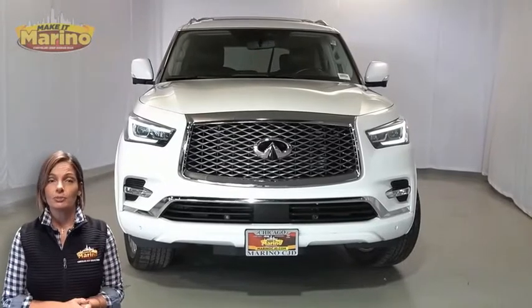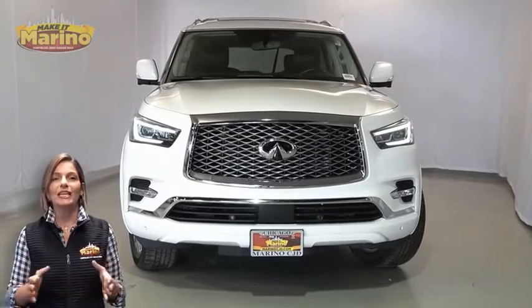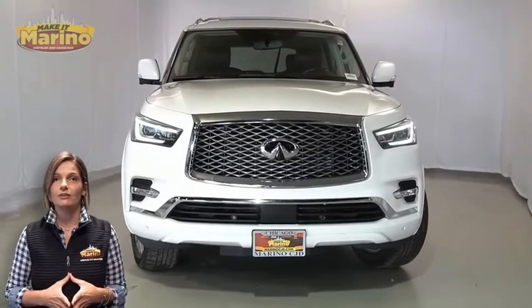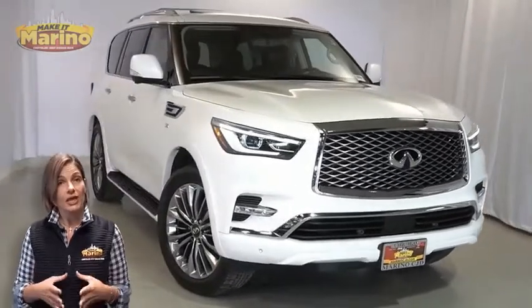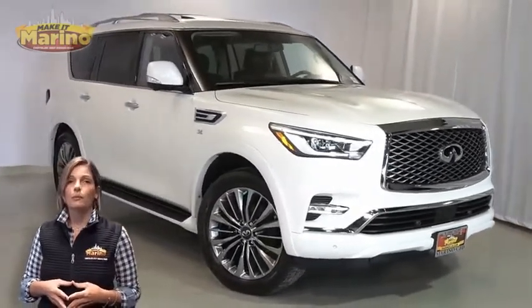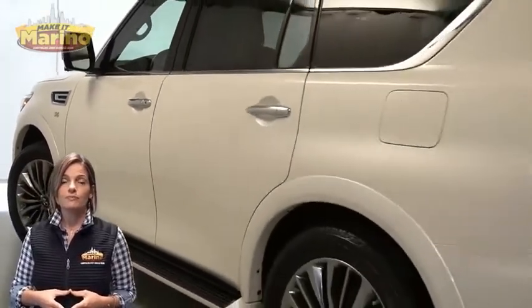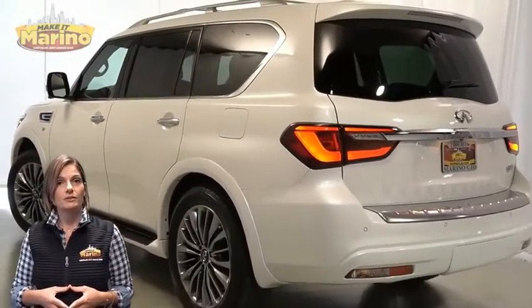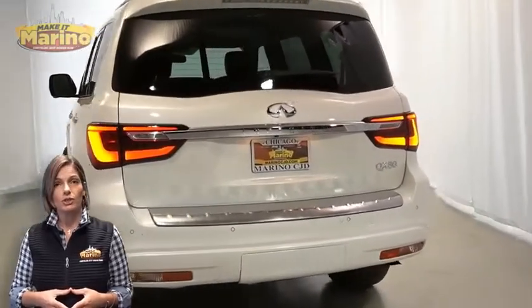Looking for a highly equipped SUV with all the right options and reliability? We'll take a look at this 2018 Infiniti Q80 in Moonstone White. With HID headlamps, premium fog lamps, 22-inch aluminum wheels, power heated mirrors, LED tail lamps, rear window wiper and washer,